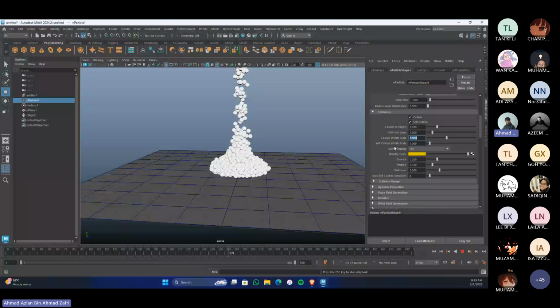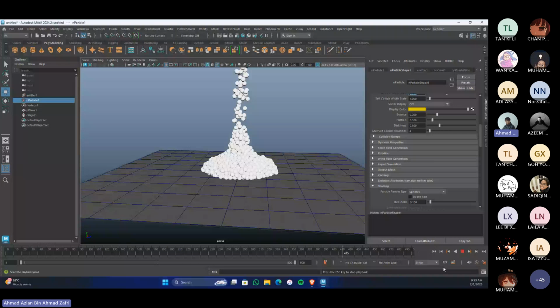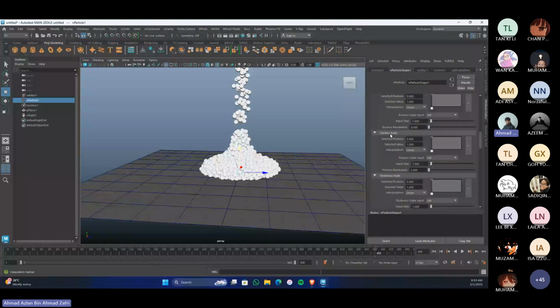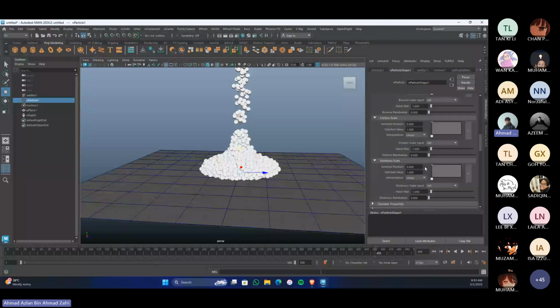This is only collision. Okay, so that is collision. So done with collision. Ramp here is just for the ramp, basically. Strand scale, it's the same thing as just now. Friction, bounce, but you can change. You can have the setting in ramp. You can set the early particle maybe less sticky, and the end of the particle maybe getting sticky. Maybe early stage is sticky, but let's say at the end it's not sticky. For example,